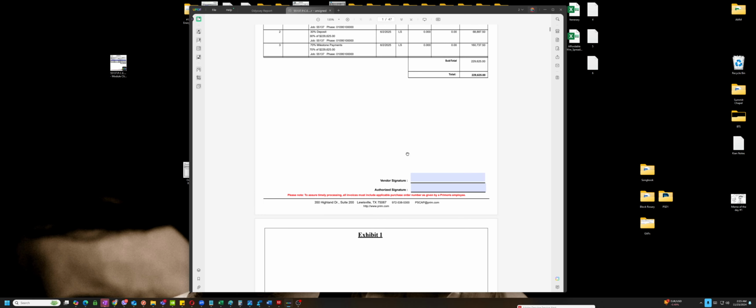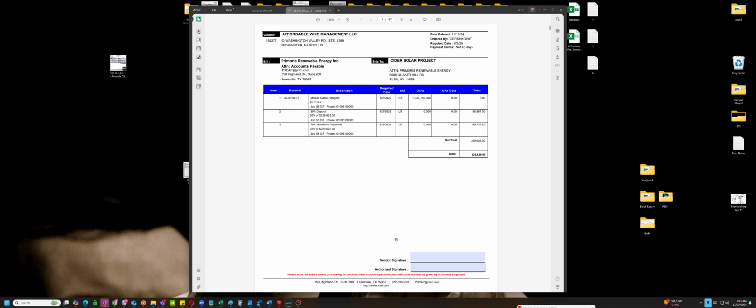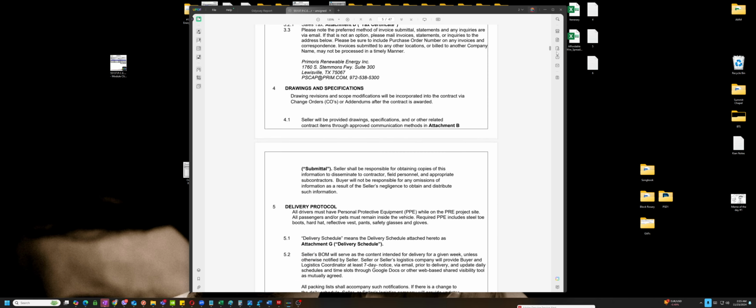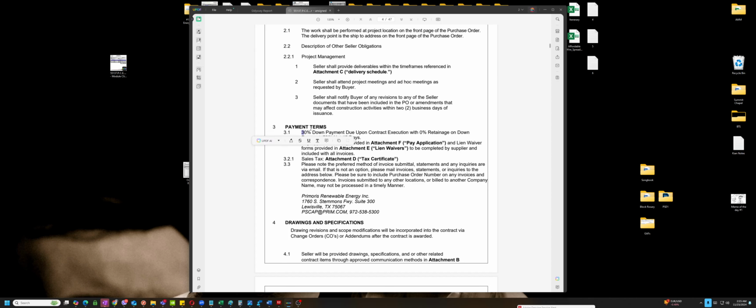We do have a monitoring of the signature for both parties if there is a required signature. But for this customer PO, there's a required signature for both parties. So if we scroll down, as you can see, the payment terms, 30% down payment and 0% retainage.